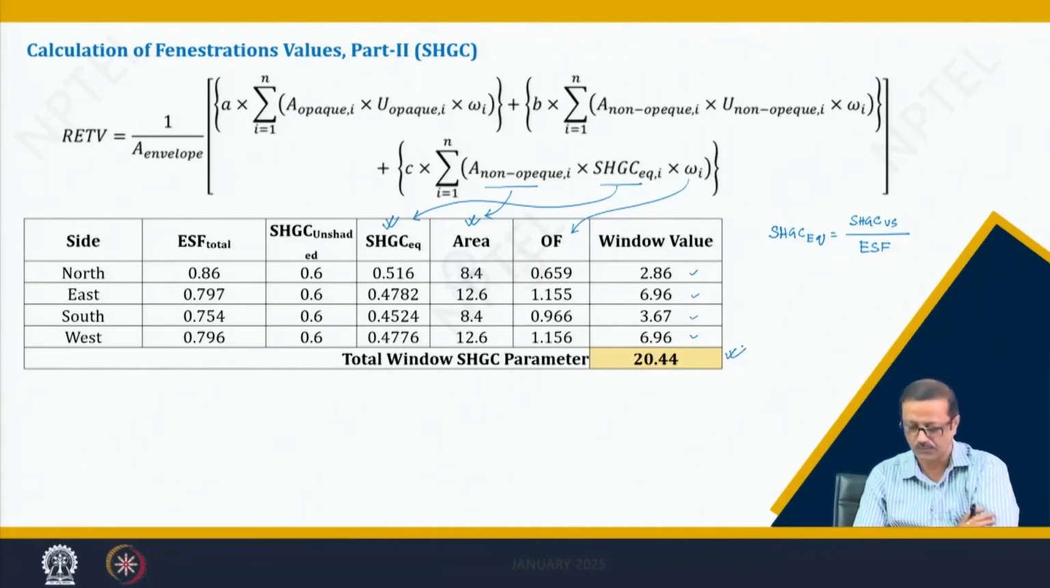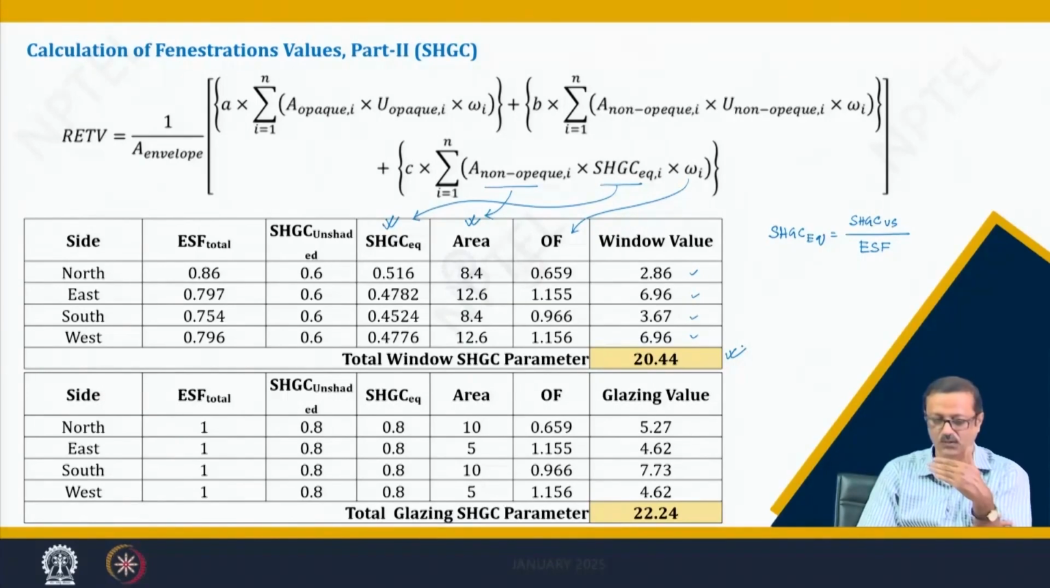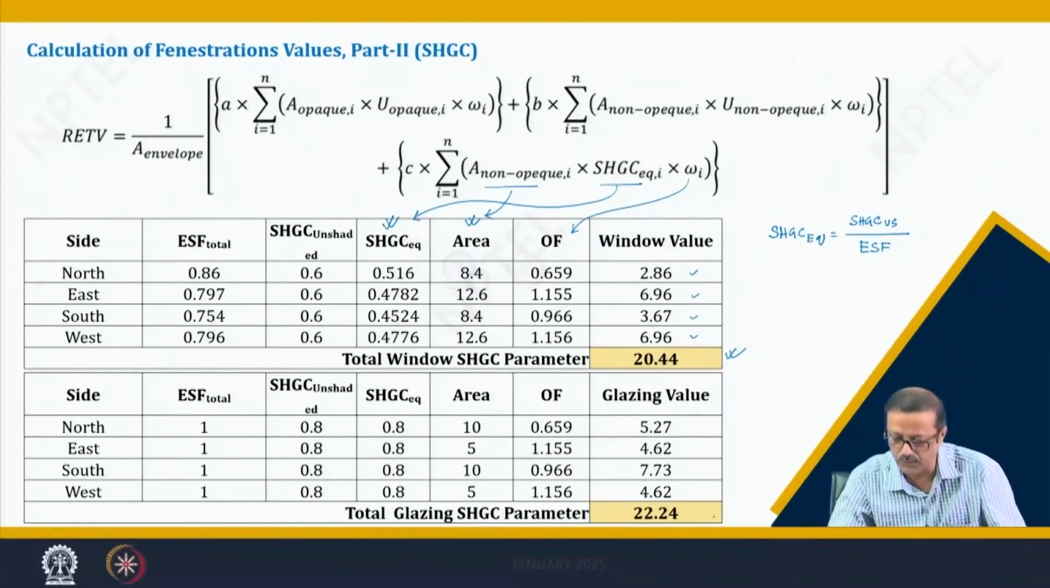Now, if you go to the next, the ESF is 1 for the glazing. Why 1? Because there are no projections, no horizontal shade, so it is 0. That kind of reduction will not be there, it will be exactly 1, and the unshaded value will remain as the equivalent one. So, 0.8 will remain, the areas are 10 and 5, orientation factors are the same. So, again multiplication of those 3 things, and that gives me 22.24,